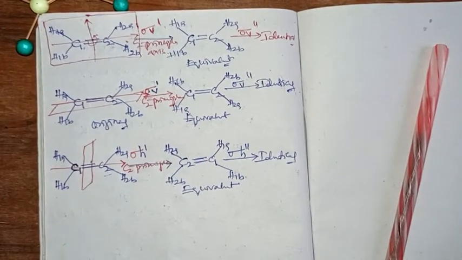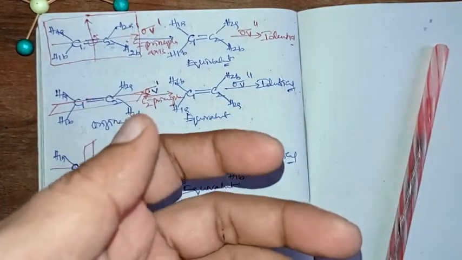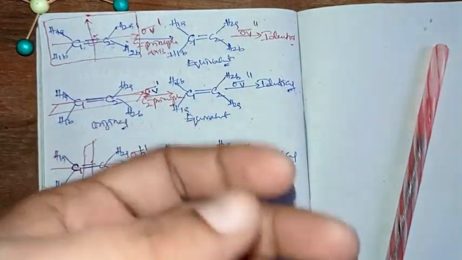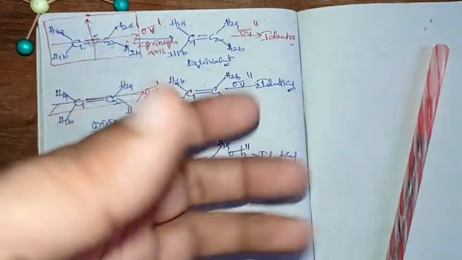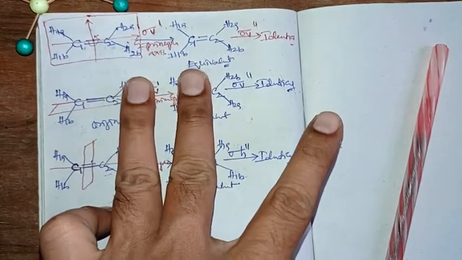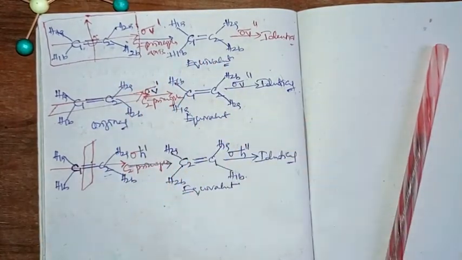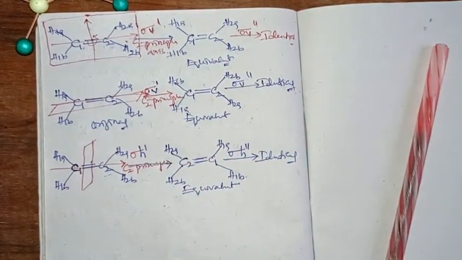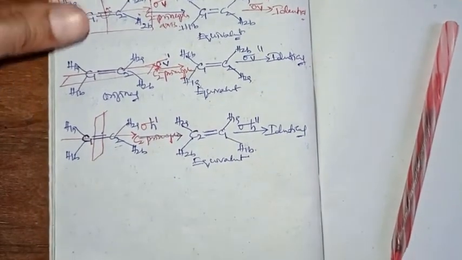So like this, the ethylene molecule will have 3 planes, 2 vertical and 1 horizontal, right? There may not be more planes, right? If you want to check, you can check, but after all the checking, you will get only 2 vertical and 1 horizontal, right? That's enough. So this is how it will be.